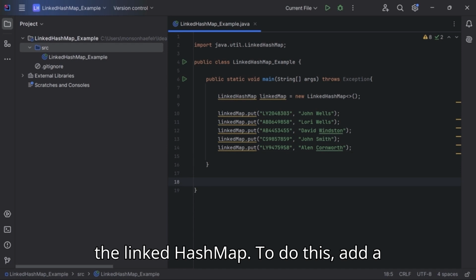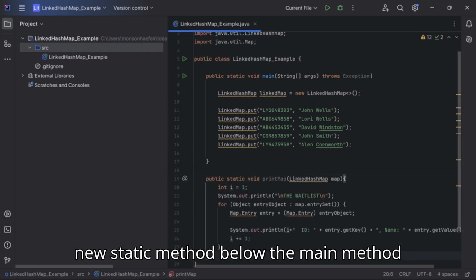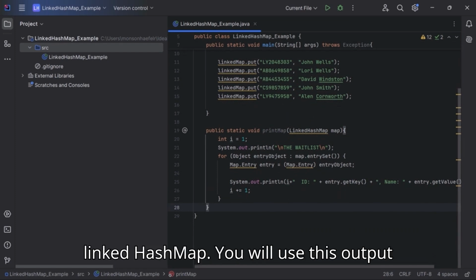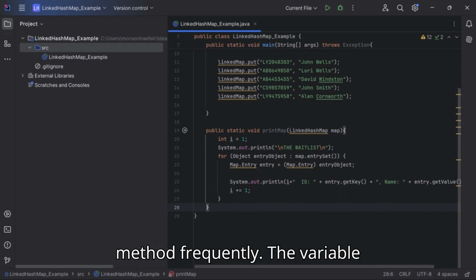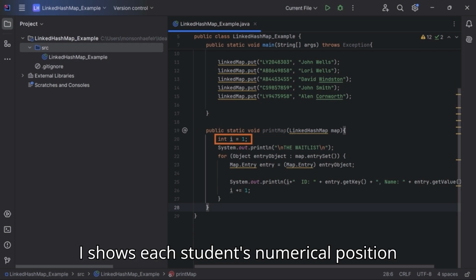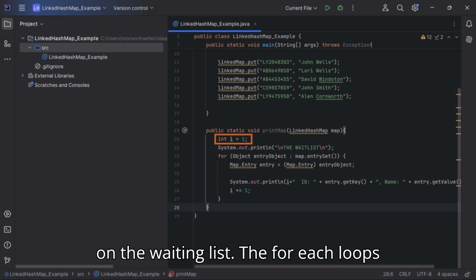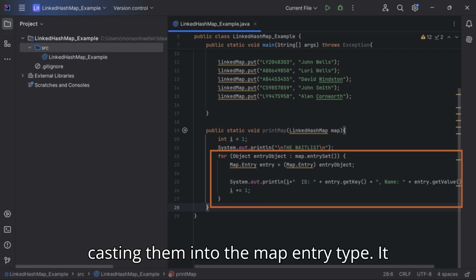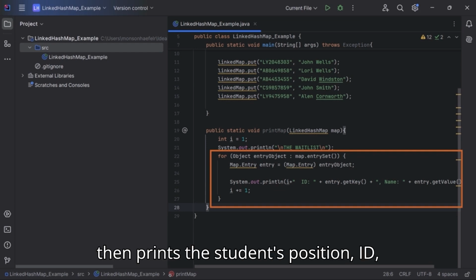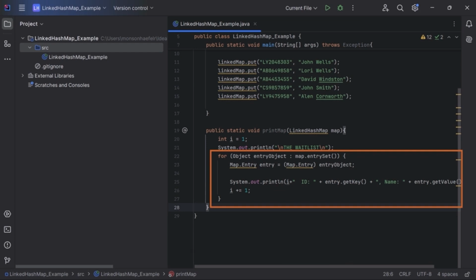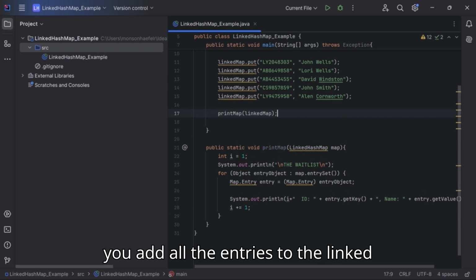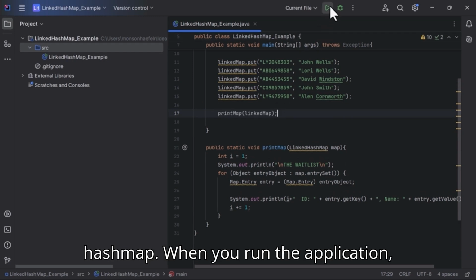To do this, add a new static method below the main method that will print out the contents of the linked hash map. You will use this output method frequently. The variable i shows each student's numerical position on the waiting list. The for each loops through each entry in the linked hash map, casting them into the map entry type. It then prints the student's position, ID, and name. Call this method right after you add all the entries to the linked hash map. When you run the application,